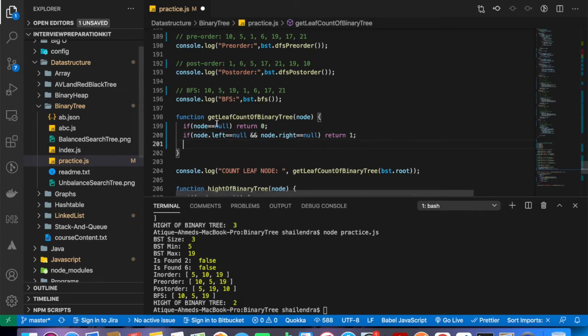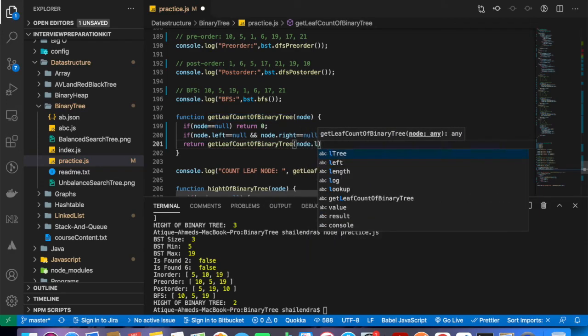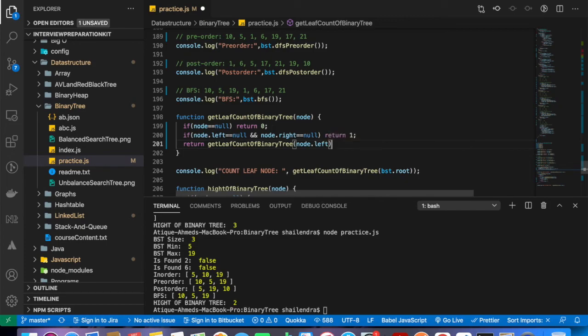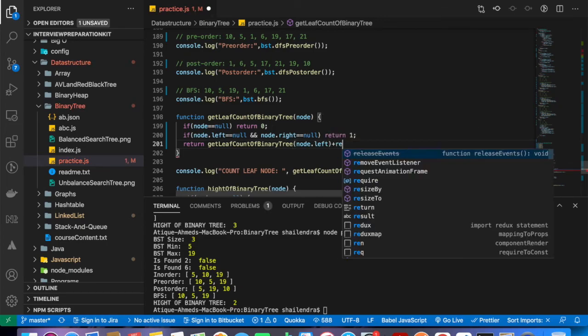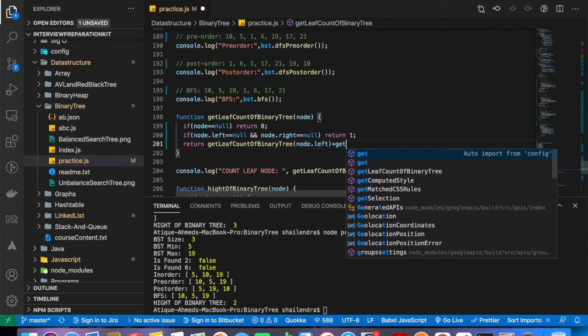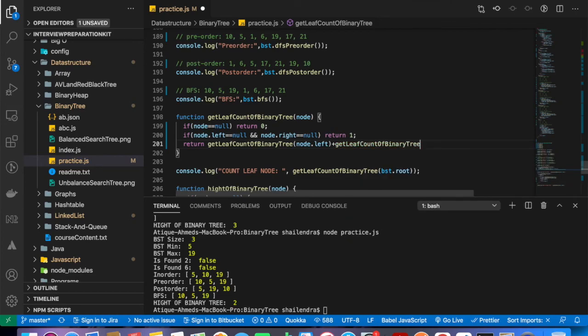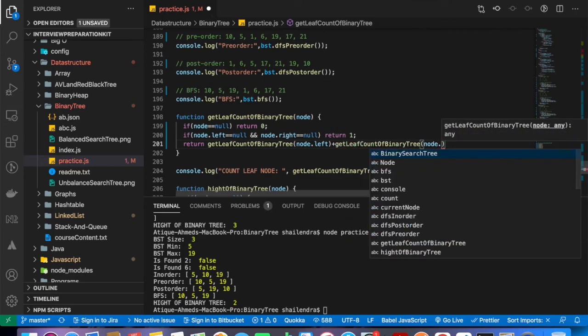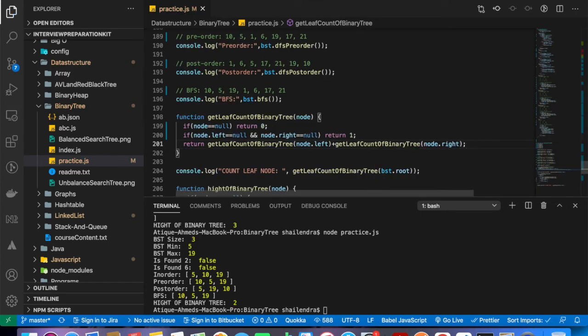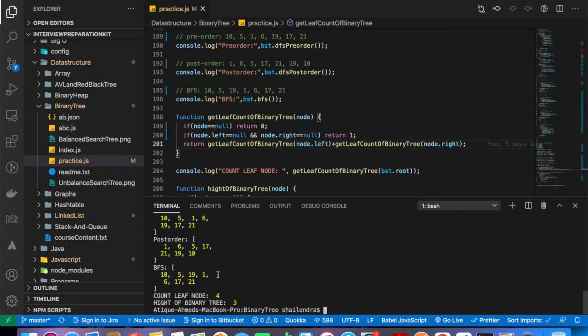And if it is not, then return getLeafCount of node.left plus getLeafCount of node.right. So if I run this, you can see that right now the leaf node count will be 4.